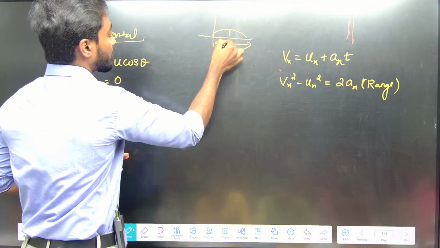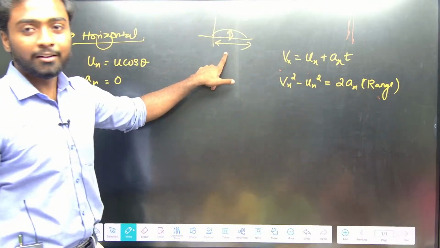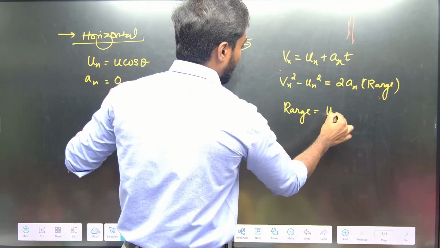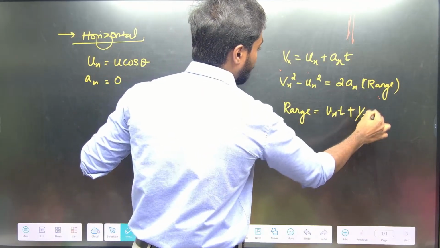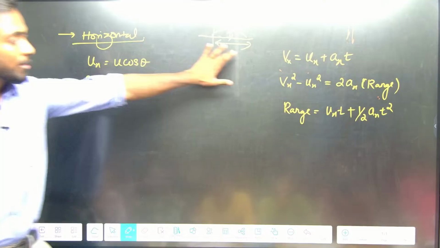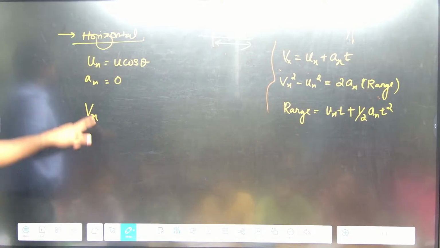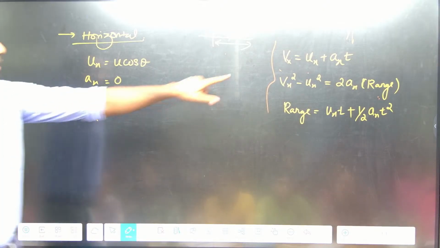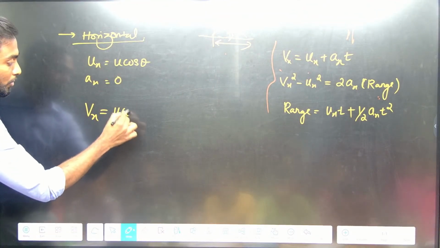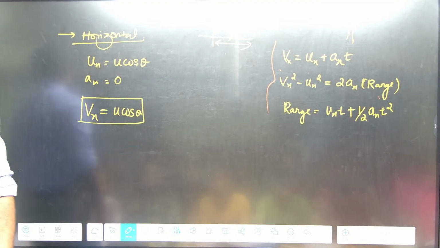This is my range, this is my height. So s is nothing but the displacement, so displacement I have taken as range. Now range is equal to ux t plus half ax t square. These are the kinematic equations only, no. Now take vx, I don't know the vx, the first equation I am substituting. Ux I know, ax I know, t also I don't know, I will substitute it. ux is u cos theta plus, so final velocity will be equal to initial velocity in the direction of x